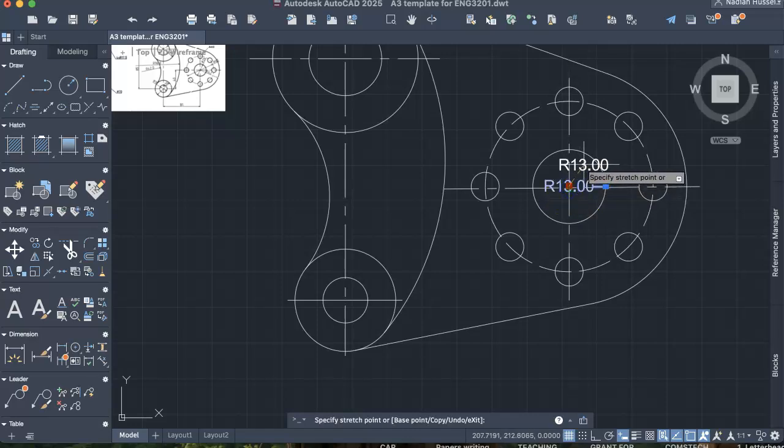Why is it not moving? Okay, again, dim radius. This is 42. Then